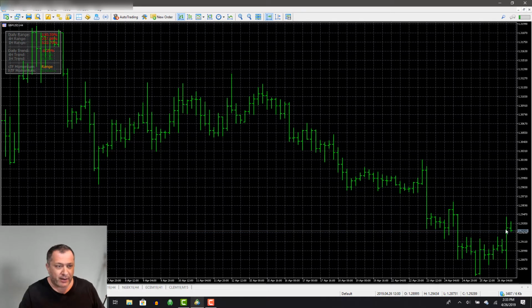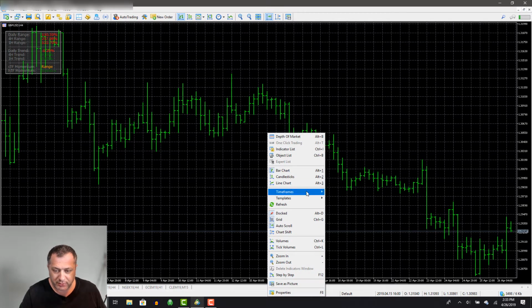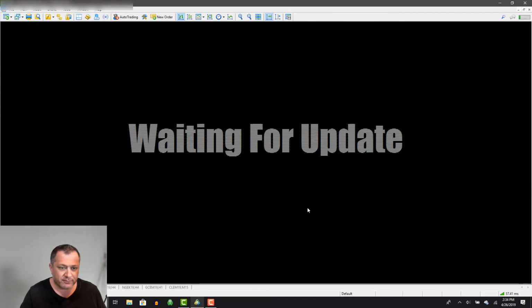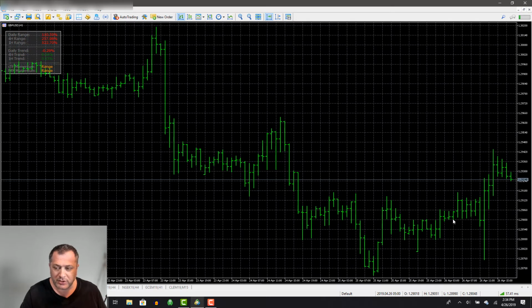So right now with the pound, very, very interesting. 110% for the daily, the 4 hour range is 257, and the 1 hour is at 522, right over here. Now this one, let's see what time frame it is here. It's on 4 hours, and let's see if we can go to the 1 hour. Okay, and as you see on the 1 hour, the trend is going up. Ranges are,